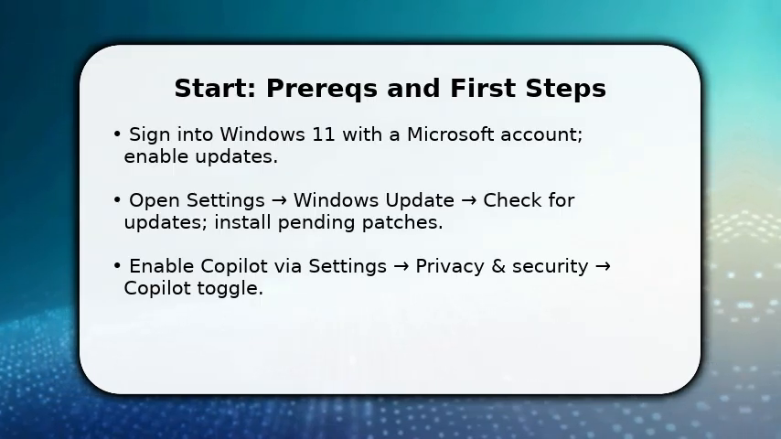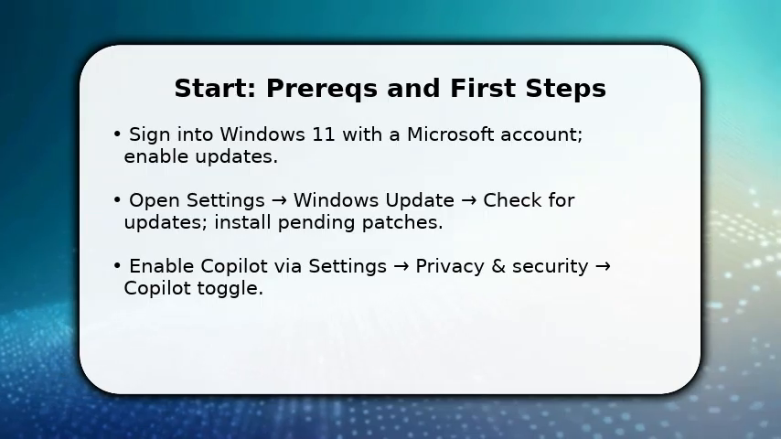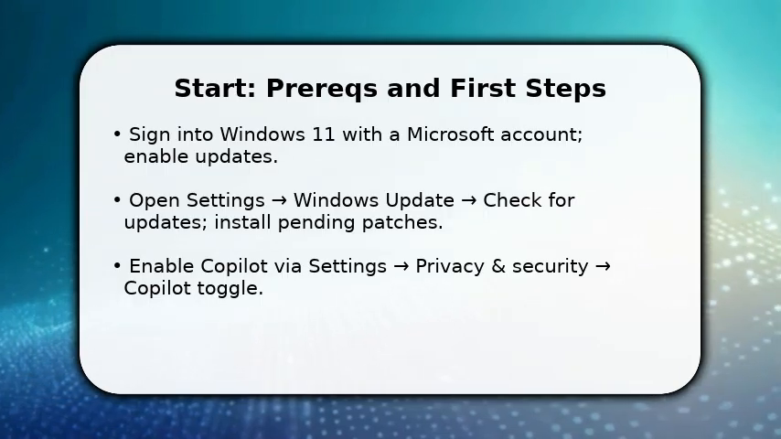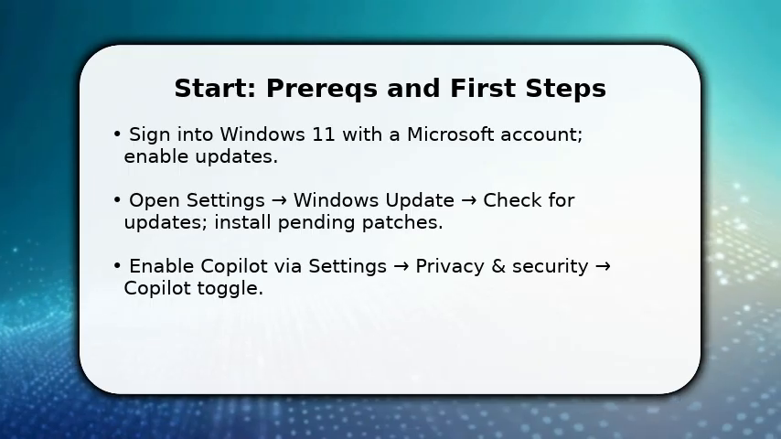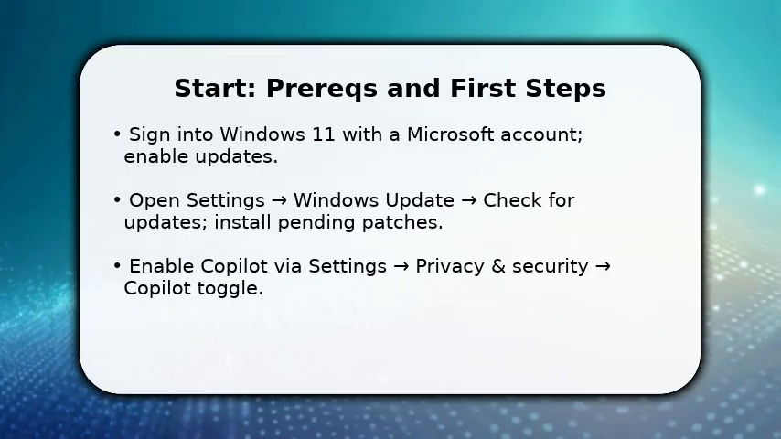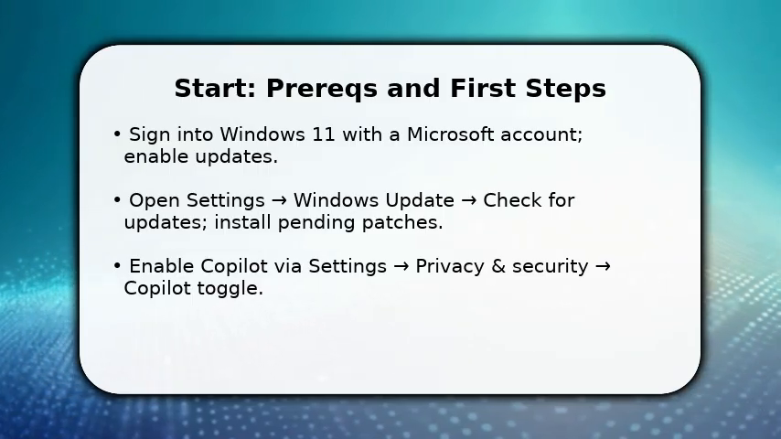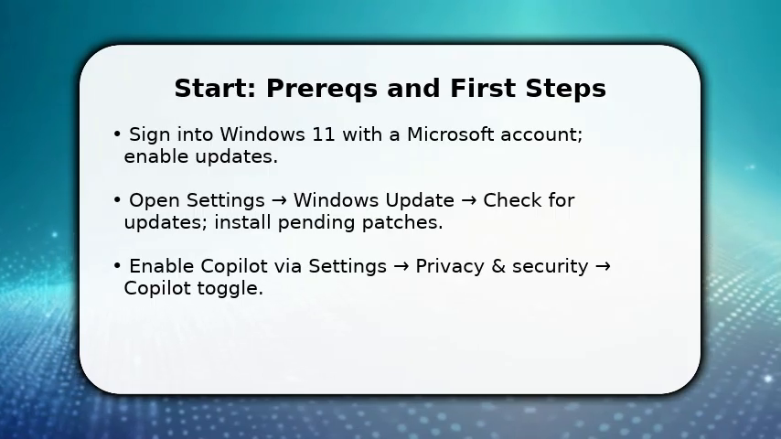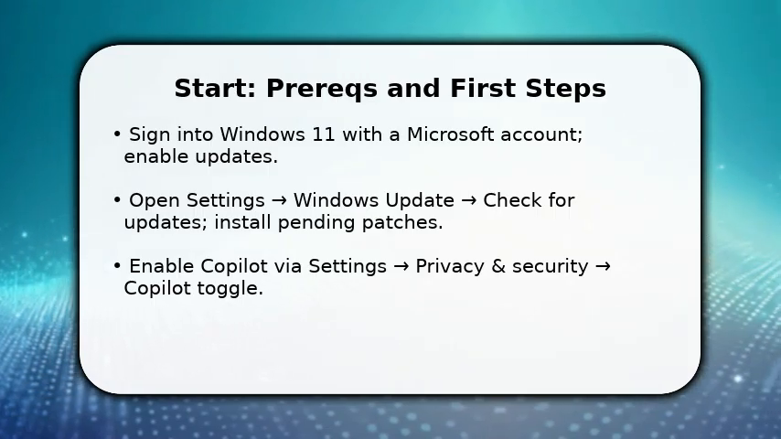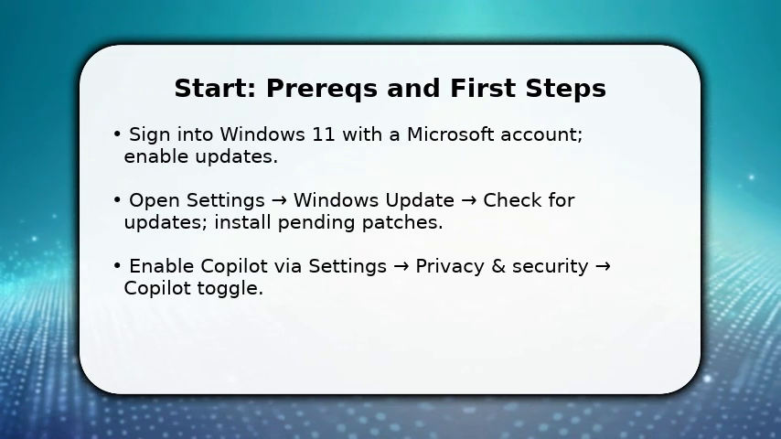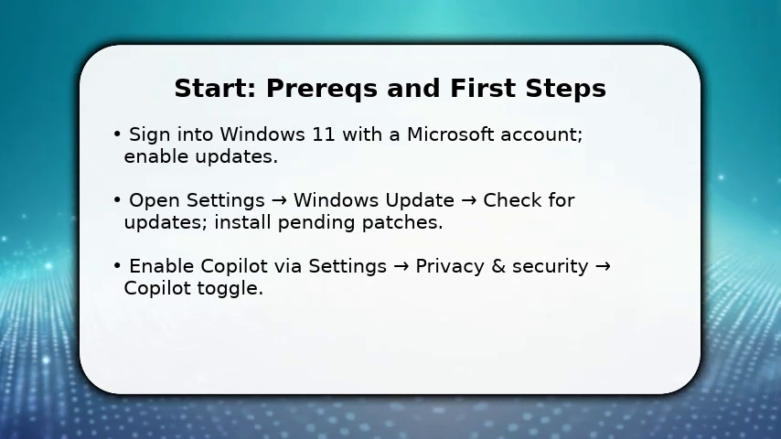First, open Settings and run Windows Update to install any pending patches, because Copilot relies on system firmware and feature updates. Once done, head to Privacy and Security and toggle Copilot on. You should restart if prompted to finalize integration. This ensures the feature is available and that background services are ready, which prevents simple launch failures and speeds initial